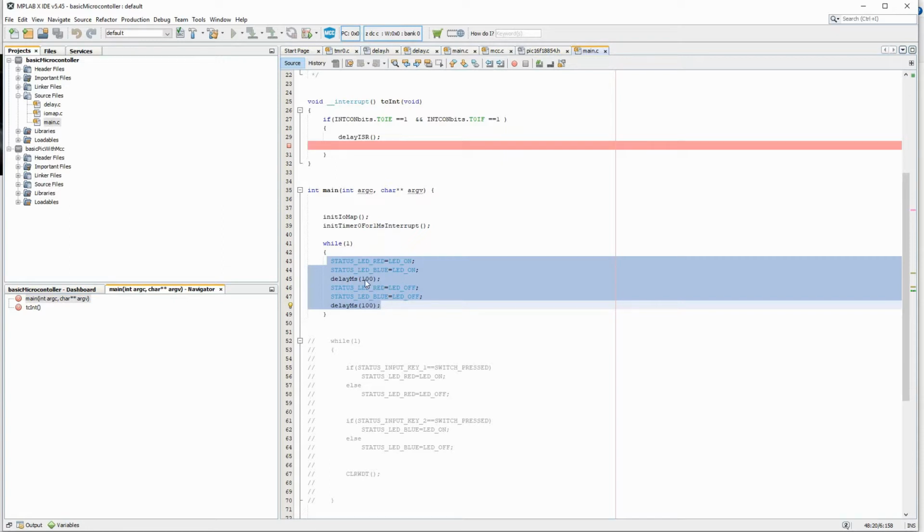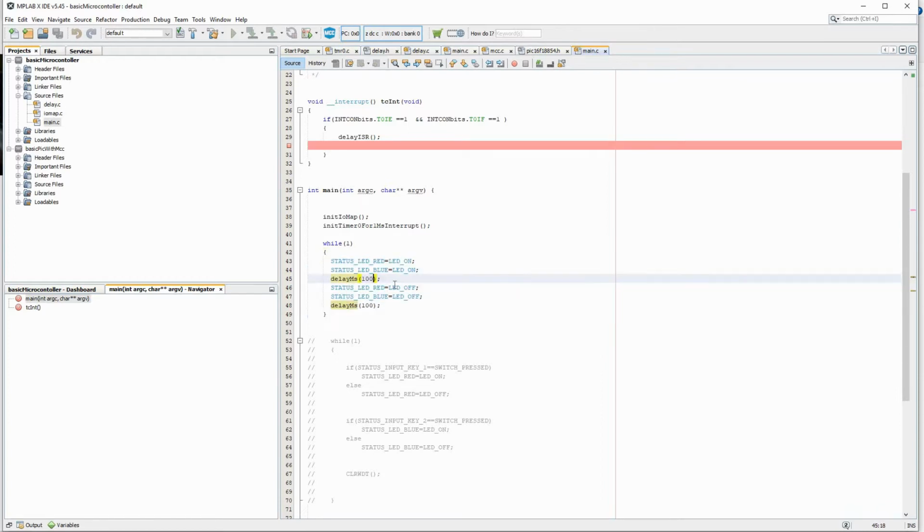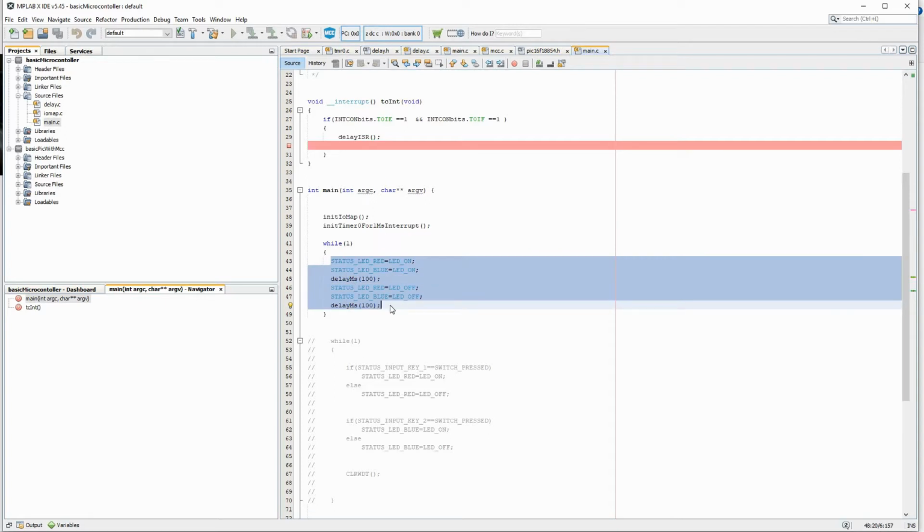I'll show you how. The biggest problem with writing code like this is the delay. When this delay is being executed, the processor is stuck here, so nothing else will happen. Let's assume that you have some IoT device where you're sending data to the server continuously, and you want to blink an LED once in 5 seconds. If you write a delay like this, for 5 seconds you cannot do anything. Just for turning on and off the LED, your processor is stuck here. So you will not be able to do multiple things at the same time.